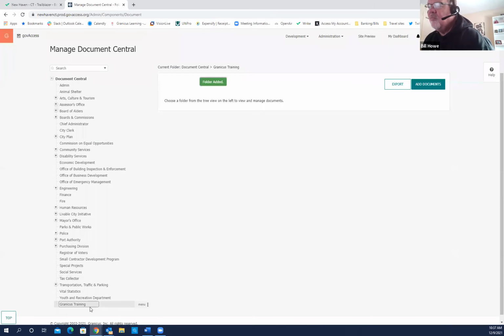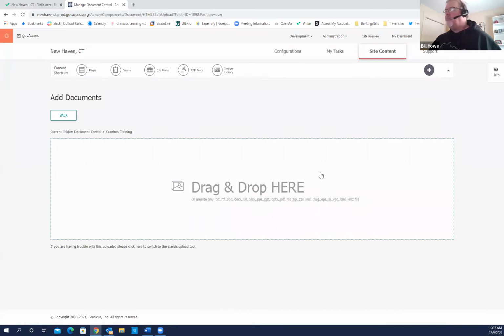Hit save. There's my new folder. Okay. Got nothing in it, so I go over here to the right to where it says add documents. Add documents. Called the drag and drop box. I'll talk about what's also typed in here, but I want to talk a little bit about dragging and dropping